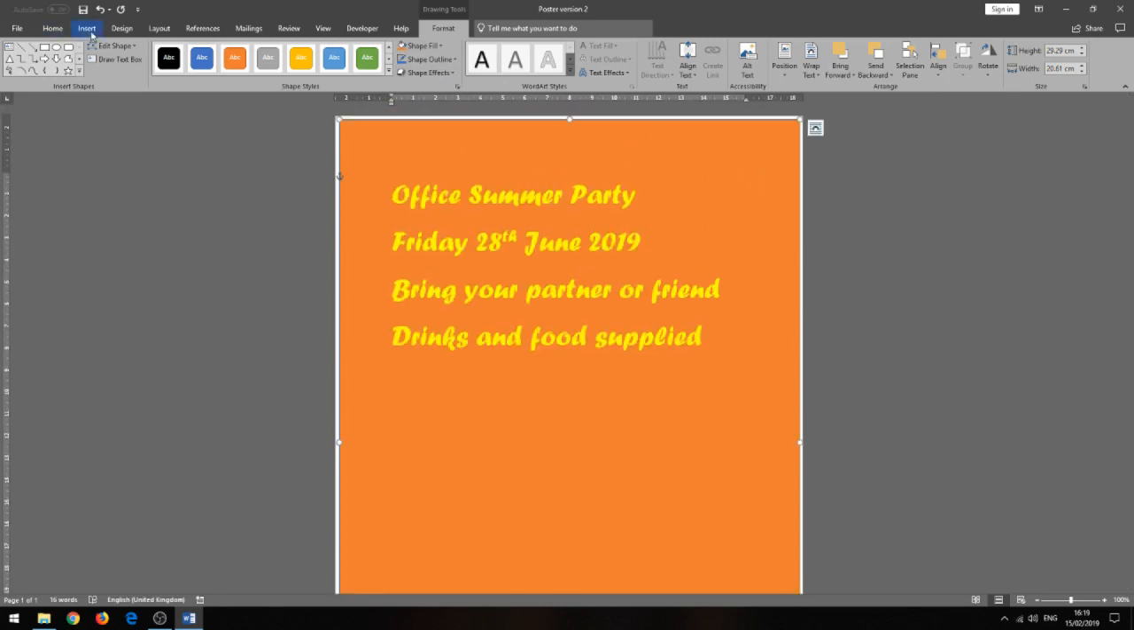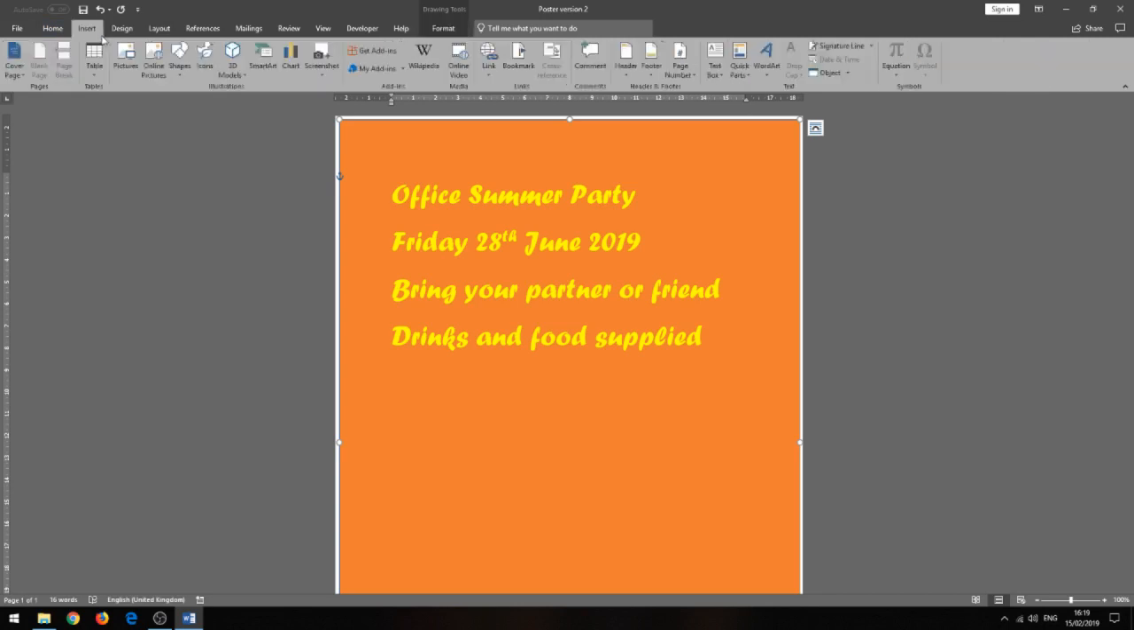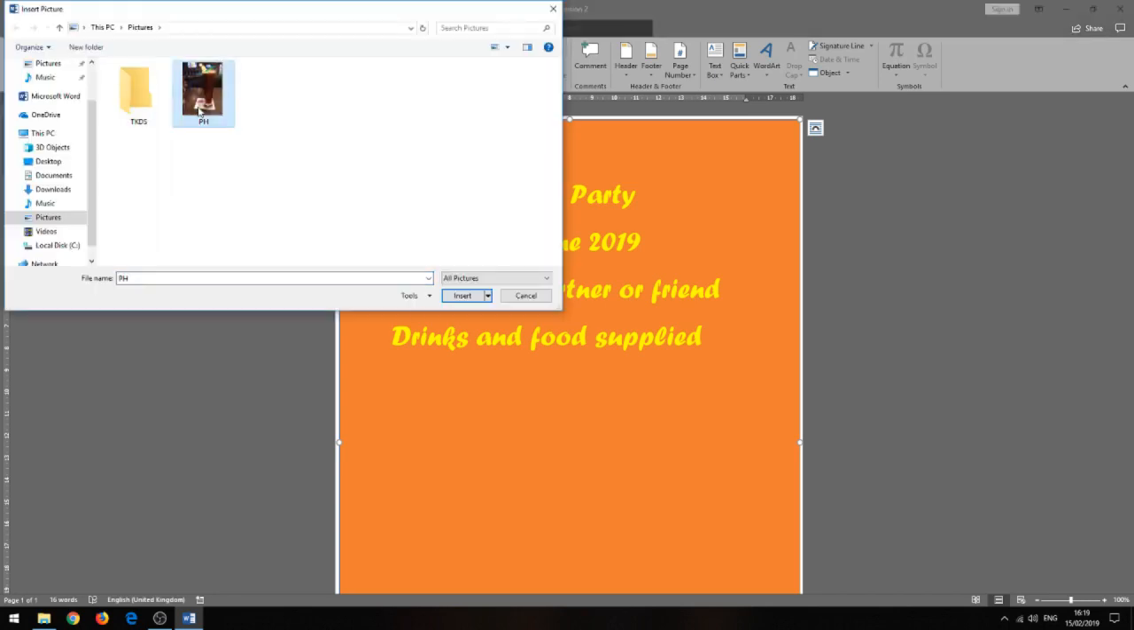Next thing I'd like to do is to insert an image, and the thing to consider here is copyright. Do you have ownership of the image? Now for the exam, they're more than likely going to supply you with images, or you'll have downloaded one as a previous task. If I go to pictures now, there's a picture I took previously,